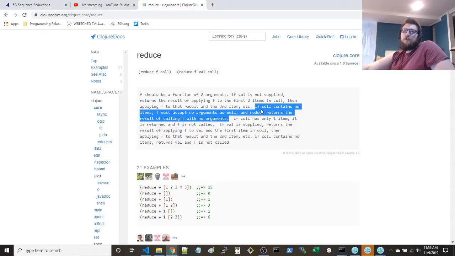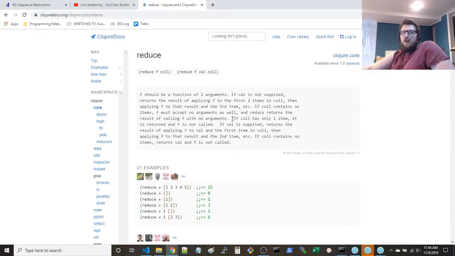Yeah, actually that wasn't really covered in the other program. I'm not sure that this case was. And then also, if the collection only has one item, it's returned and F is not called. I'm not sure if that was also covered.